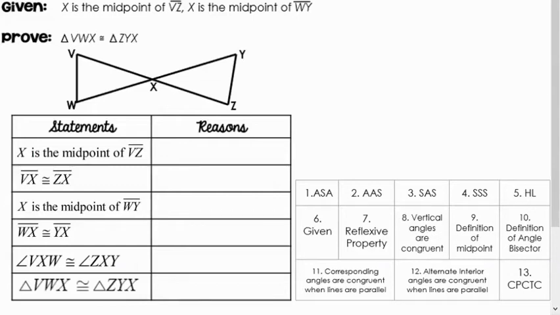Okay, today we are going to be working on proving triangle congruence. A proof is a formal process that we go through in geometry to lay out our reasoning so that others can follow, so that we can convince them or justify and prove that a statement is in fact true. So we're going to walk them through our logic and how we deduced or realized that the proved statement is